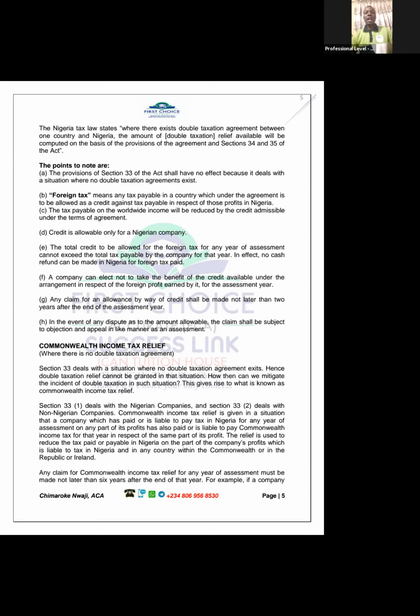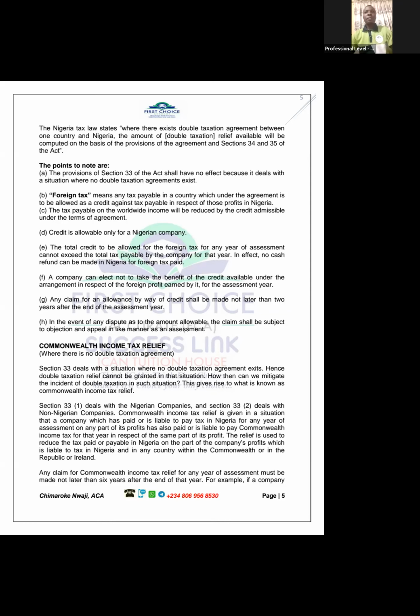Whichever is smaller, that is what they will use. So 15% is obviously smaller. And so they would look at 15% of 1 million, which is 150,000. So out of the 200, when there's a double taxation agreement, you're going to be granted 150,000 from the 300 you are supposed to be charged to tax. So you're going to pay 150 plus 200, which gives you 350.